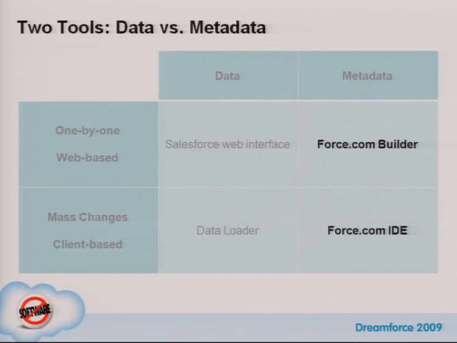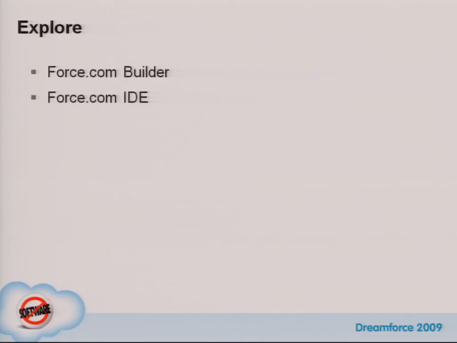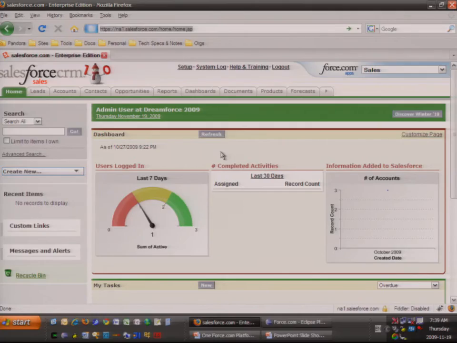So for the rest of the presentation, we'll pretty much be just talking about those two on the right. Before we get too far into it, I just kind of want to give a quick exploration of the two tools. We'll get into more in-depth demos in a bit. So first, the Force.com builder. Let's just go through and